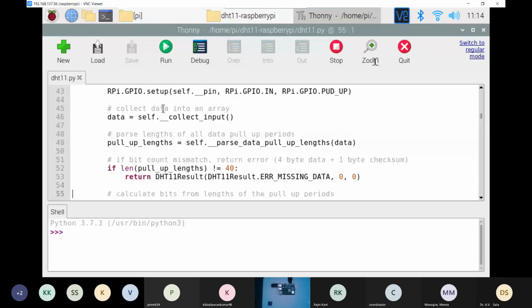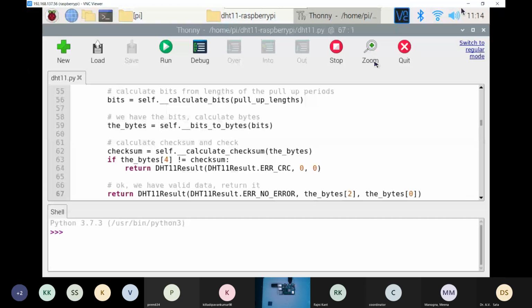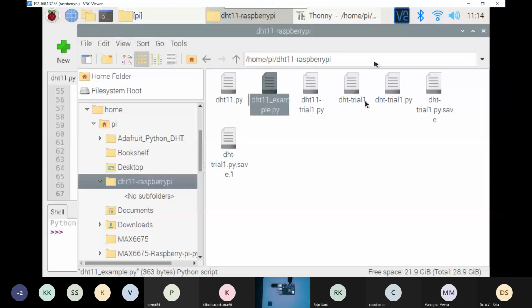It is also important that the library we want to use and the code we are running should be in the same folder. This is my DHT11.py, which is the library, and then these are the samples such as DHT11 example.py and DHT11 trials. These are trial modules that I have created.